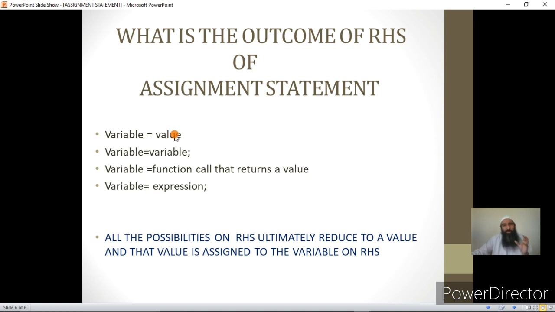That means the outcome is a single value, and that single value is assigned to the variable, because a variable cannot contain two values. It will contain the single value, and it retains that single value in its memory.